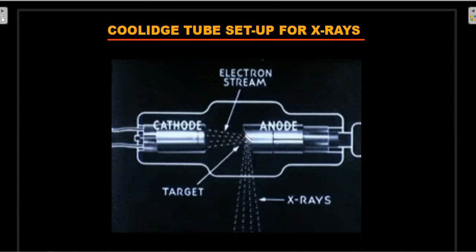Since the electrons come out with almost negligible velocity, you need to speed them up to hit the anode. That is where, between the cathode and anode, which is not shown in the figure, I'll show a better diagram later, you have a tube voltage. The greater the voltage, the greater is the speed. To sum it up, the number of electrons is decided by the filament current I, and the speed with which all these electrons hit the anode is decided by the voltage between the two electrodes, the V that he gave in the question. And one more important thing that we need in this observation is to realize that for the distances that are applicable in the Coolidge tube, let me show you that.